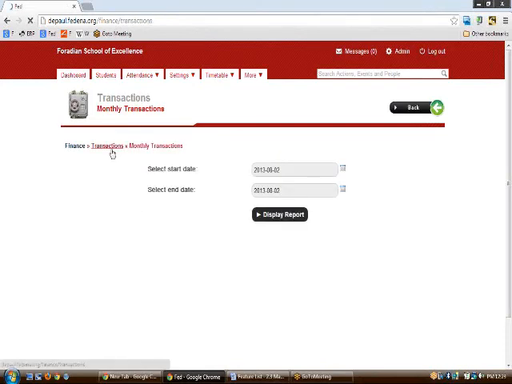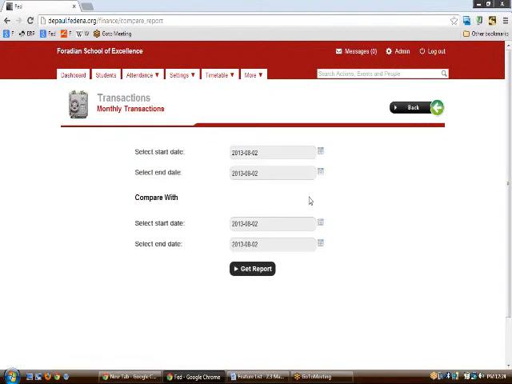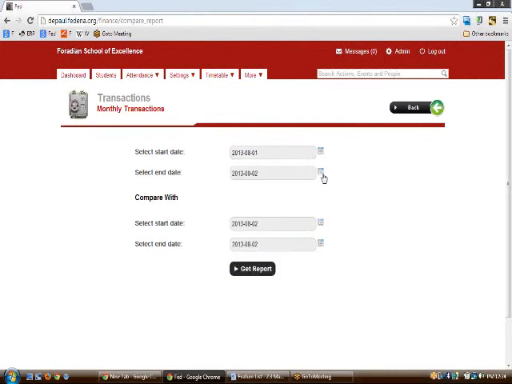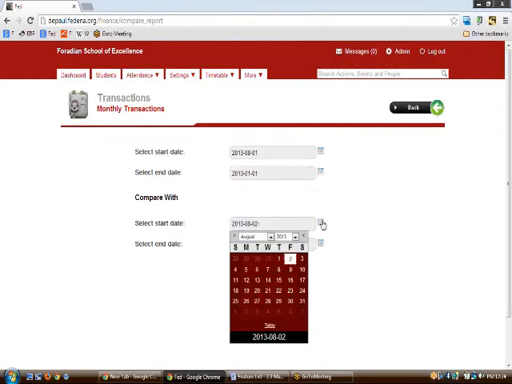Now we can go on and see the compare transactions part. Let us say that if you want to compare transactions of two different periods of your institution, then you can just click on the particular dates for which the two periods need to be entered. Let us say that you entered 2012 to January 1 2013, and again January 2002 till today.